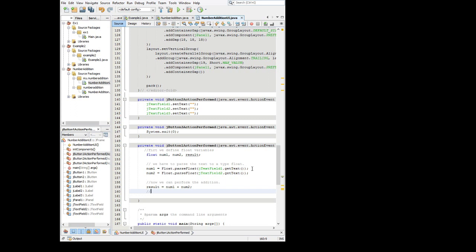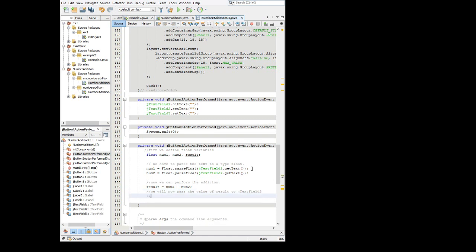And then we will pass the value of result to JTextField3. At the same time, we are going to change the value of result